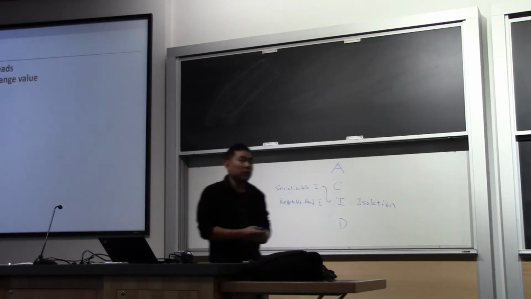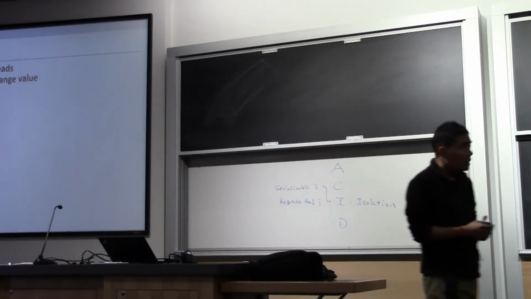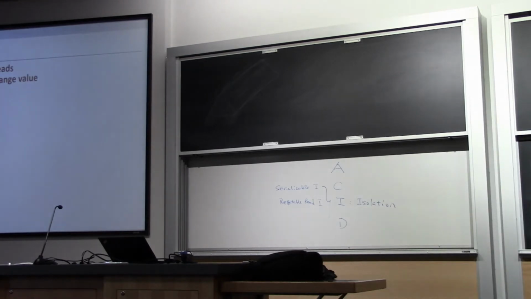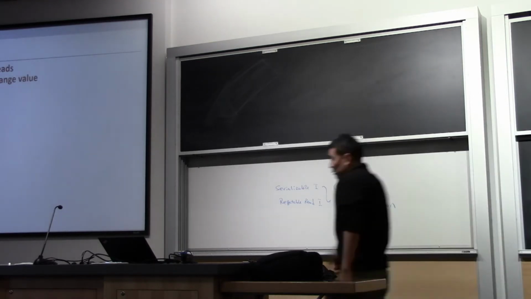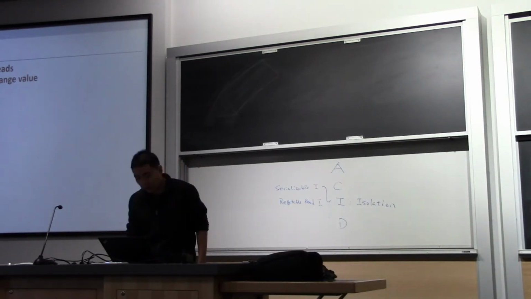Repeatable read basically says no dirty reads, and an item read multiple times cannot change values. The key takeaway from this definition is that it has to be an item read multiple times. Okay, then it satisfies the repeatable read isolation level requirement. So that's just a recap of what we said, and we use this particular example